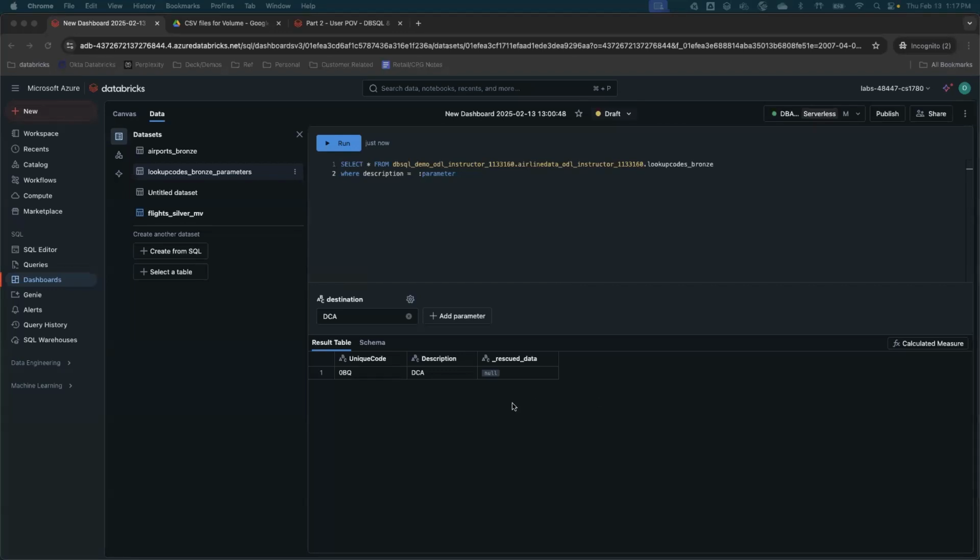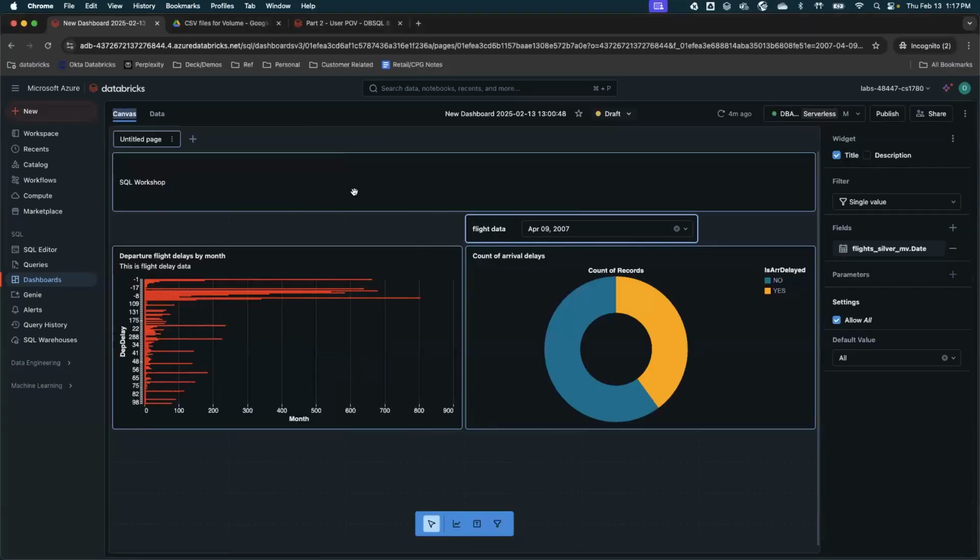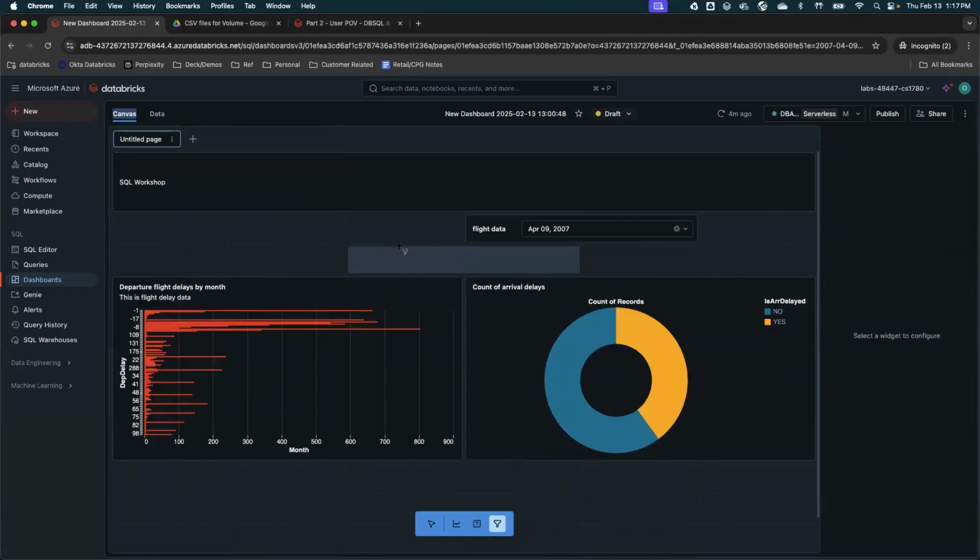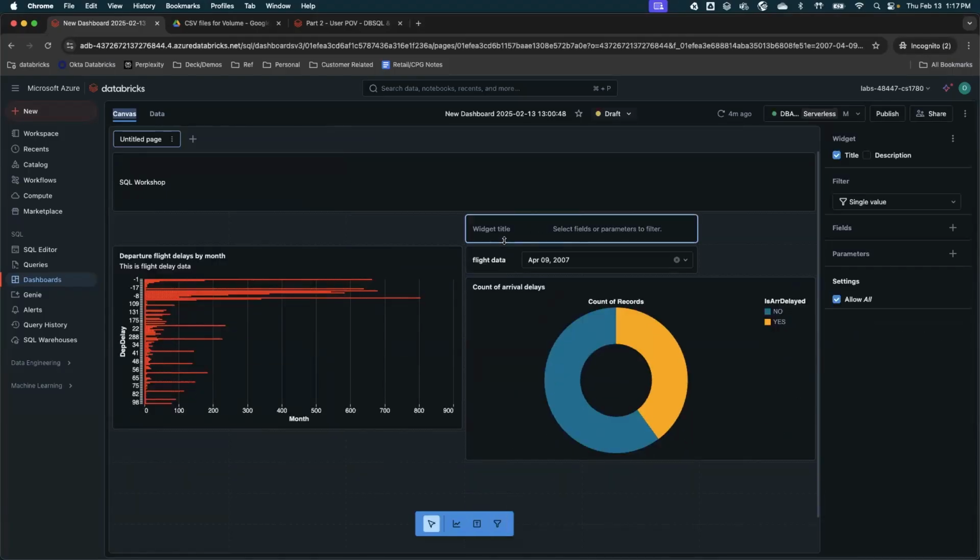Now, once we do that, you go back to your canvas, and in the canvas we can add another filter button. So we can go to filter. Let's say we add another filter here, right? For the widget title, we can say param, for example, parameter selection.